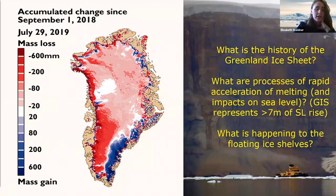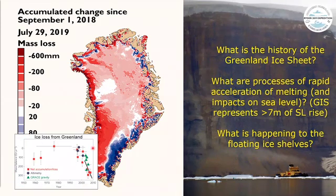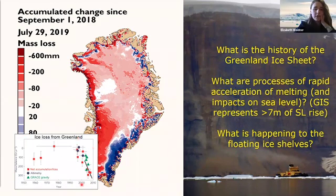So in the left-hand image, you can see the Greenland ice sheet, and it's colored by accumulation change over approximately 1 year. You can see, especially in Western and Northern Greenland, we have significant mass loss. And this is part of a larger trend illustrated in this figure, where we have year and then the mass balance. And you can see since the 90s, in the past 30 years, there's been this accelerated melting of the